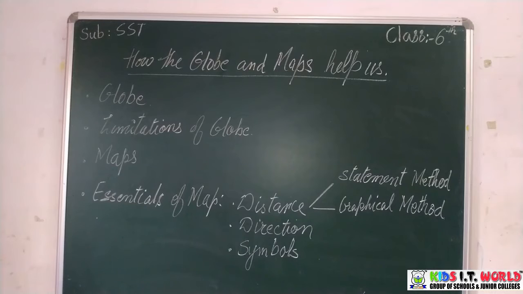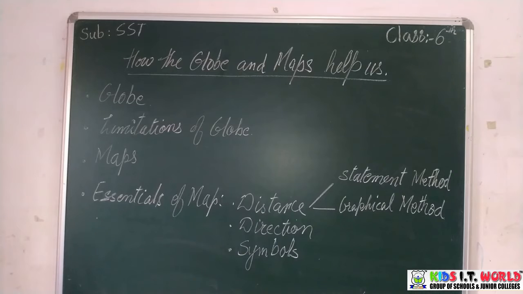Now coming to the third essential of a map. On a map, it is not possible to show various features as existing on the ground. In a given area, there may be several physical features such as hill, river, or cultural features like buildings, roads, railway lines, parks, etc. Therefore, specific signs or symbols are used to represent these features on a map. The use of symbols saves space. Such symbols are known as conventional symbols.